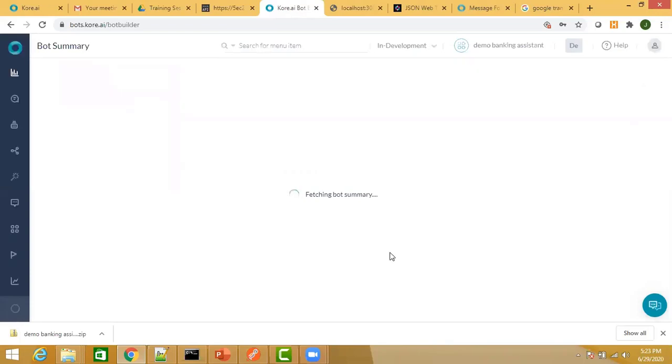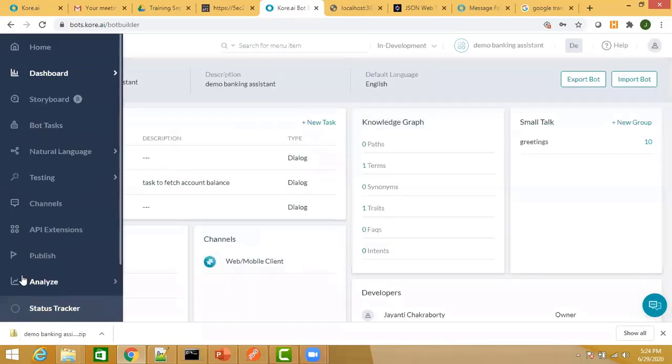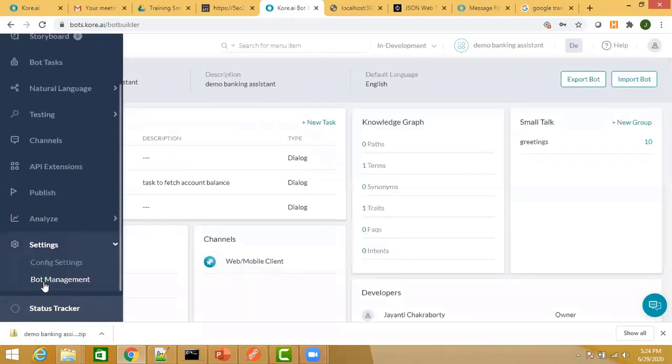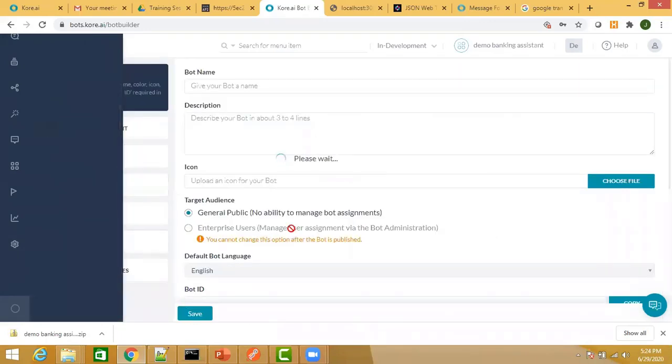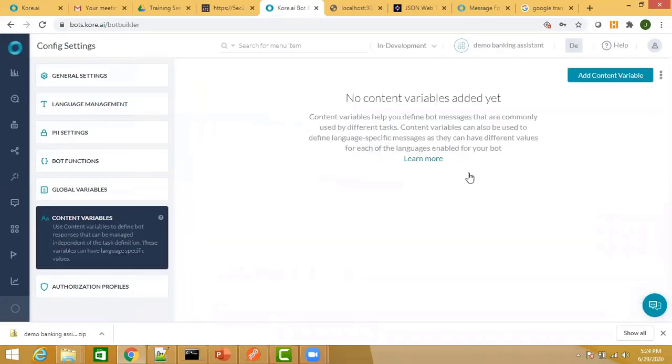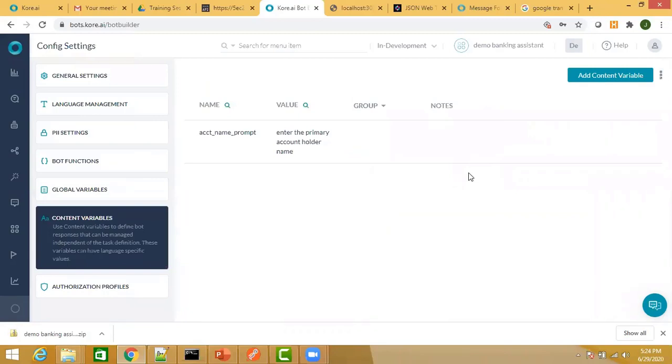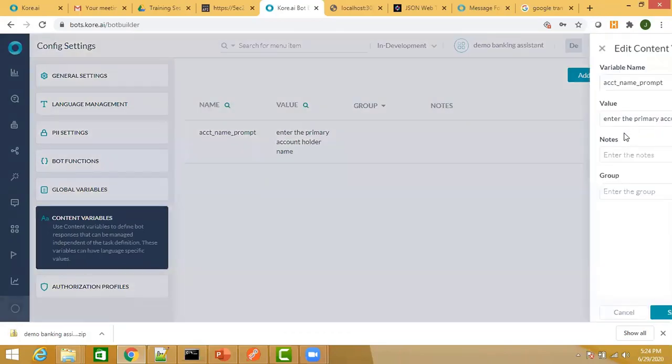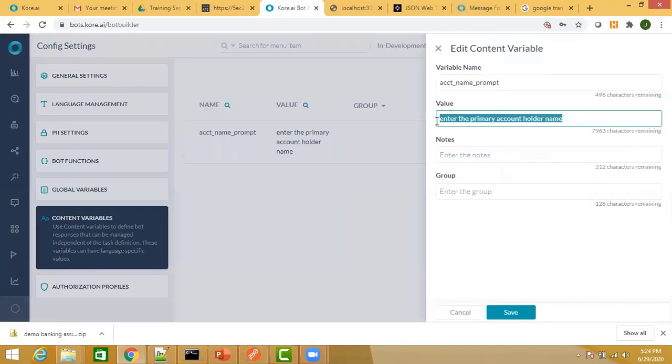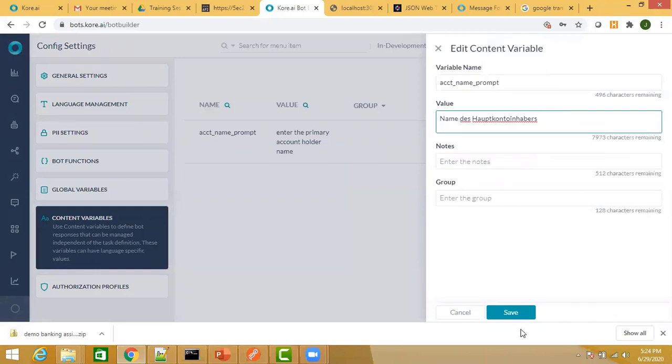Okay, so once you are in the German language, you can change the content of that particular variable in German language. So we come to config settings, and I go back to content variables. Okay, and we can see the variable over here. I click on edit, and I change this to the German language.